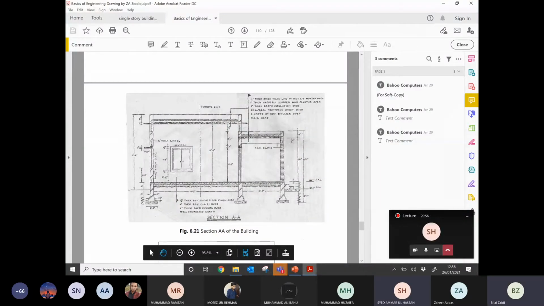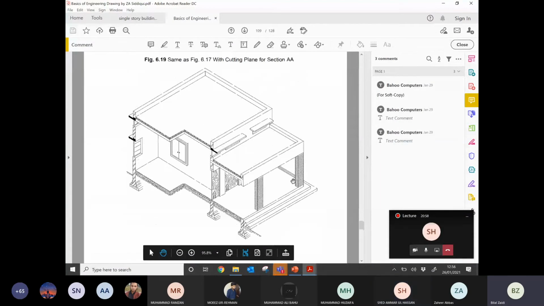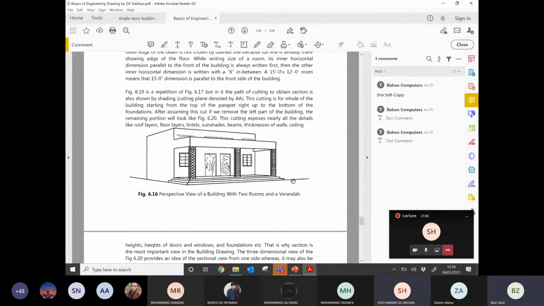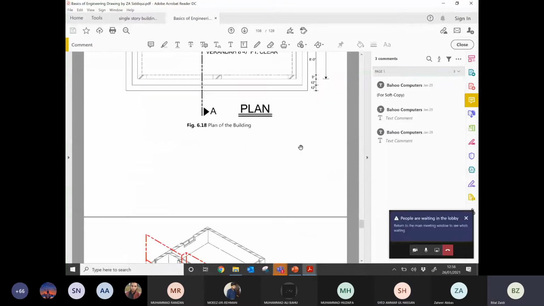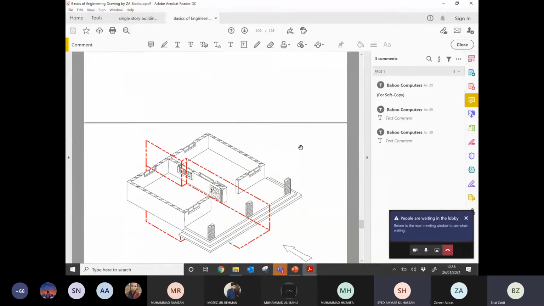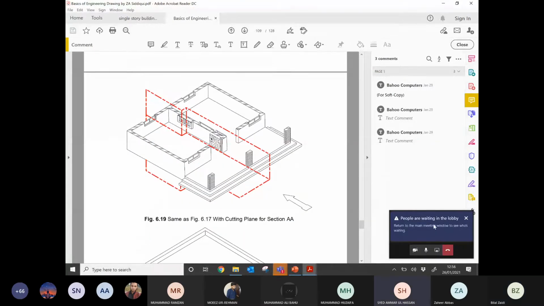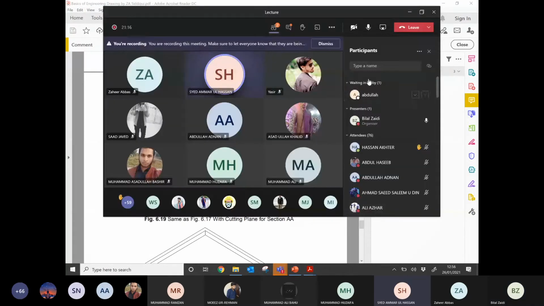I will request all of you to just look at figure 6.16 first, and then you have cut this building in figure 6.19. The significance of cutting down. Just 1 minute.